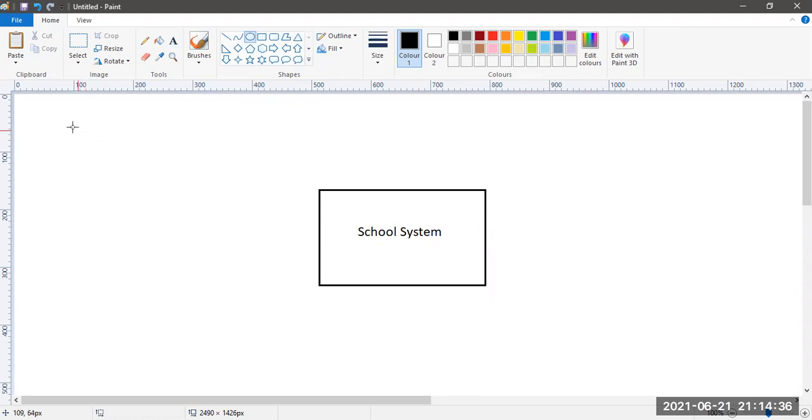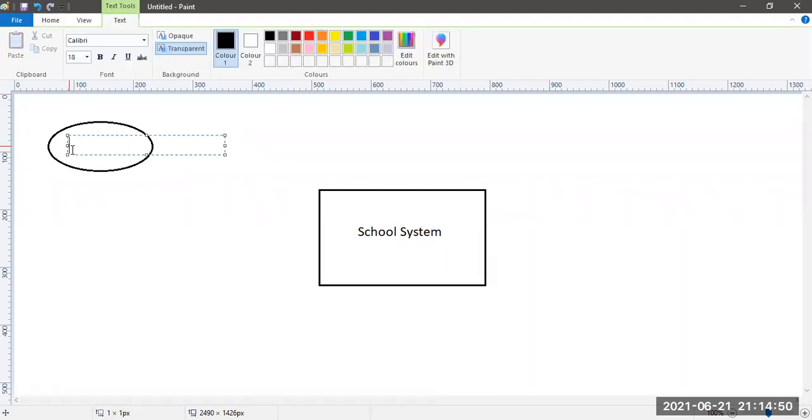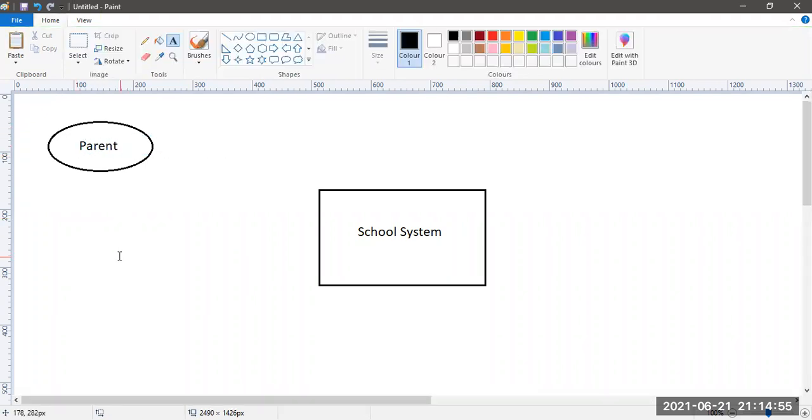So usually a parent will be dealing with the school system to get the admission. Alright, so I will say this is an external entity, which is the parent. The parent and the school are going to have a small deal. First, the parent will